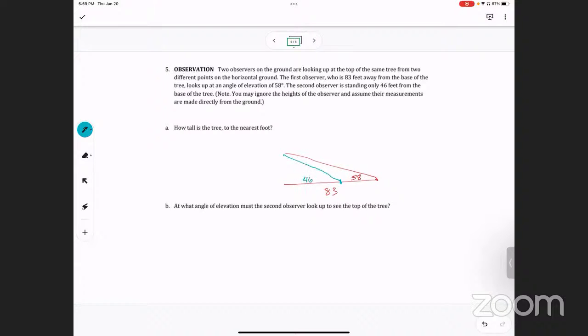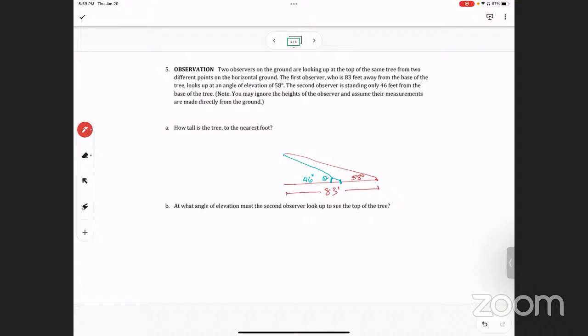46. And what's his angle of elevation? The other one is, let's see. So first observer is 58. Oh, it does not say the angle of the other person. Okay, so that's probably what we're going to try to find. So if this is 58 degrees and 83 feet,